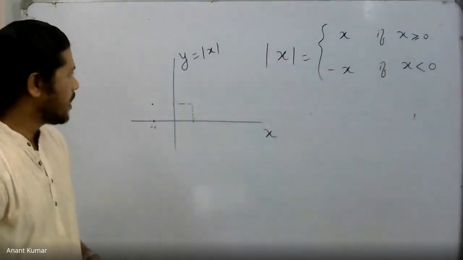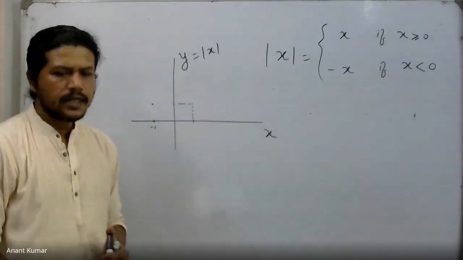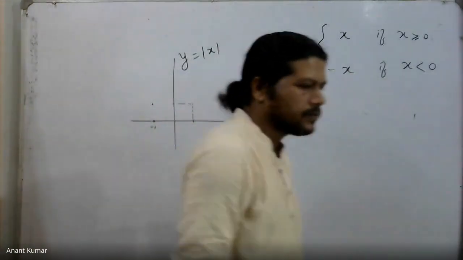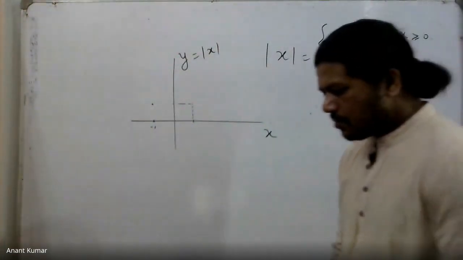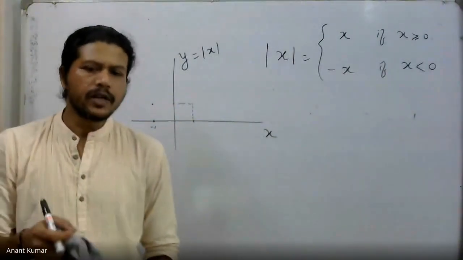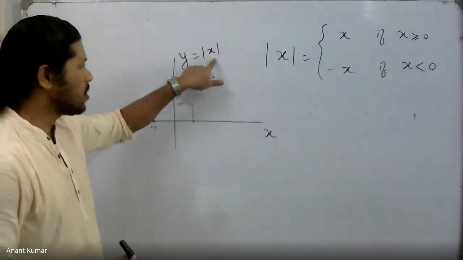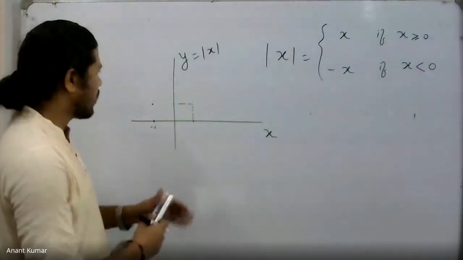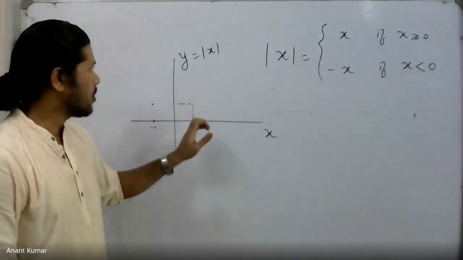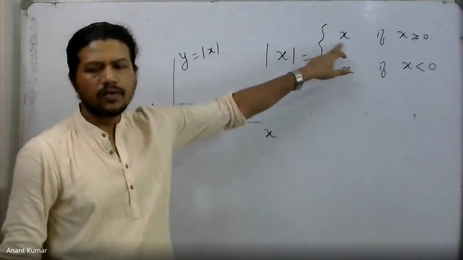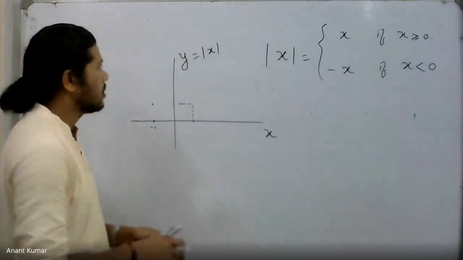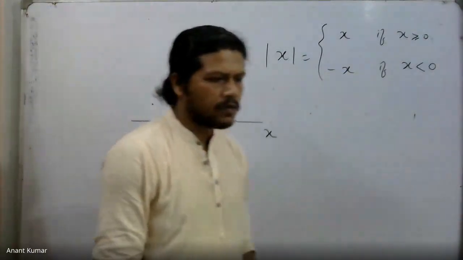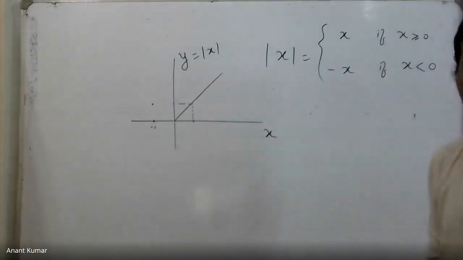In fact, if I divide the entire real axis using the point where the modulus becomes 0, I see that mod x becomes 0 at x equal to 0. Therefore, we have to have a piecewise definition. For x positive, if I just stay on the right side of the y-axis, then this is nothing but x itself. So the equation now becomes y equal to x, which implies we have a straight line through the origin. y equal to mx plus c is a straight line.